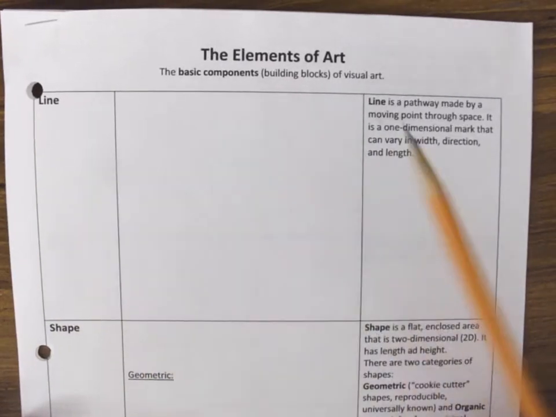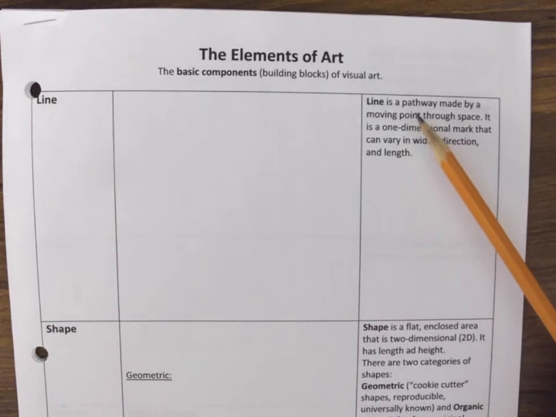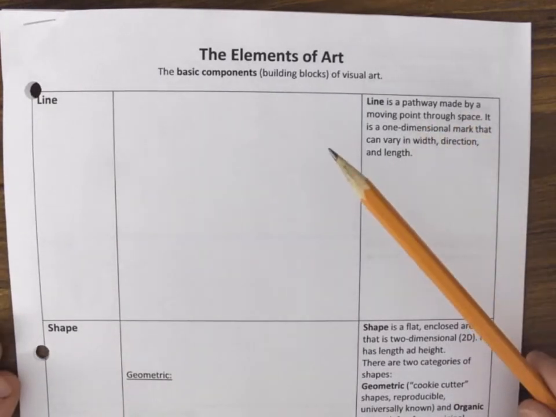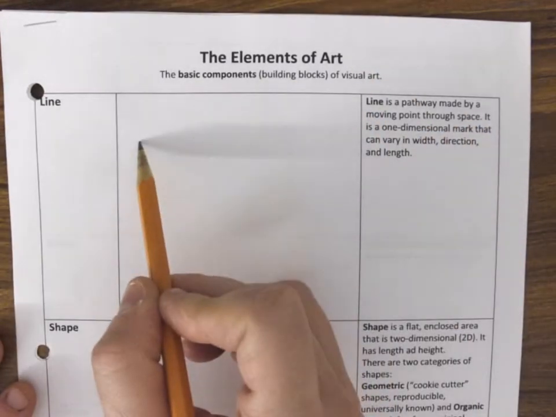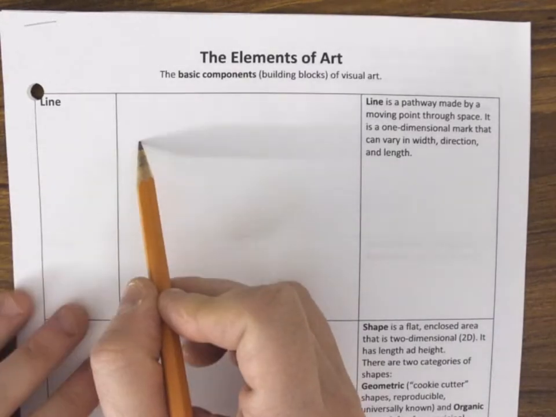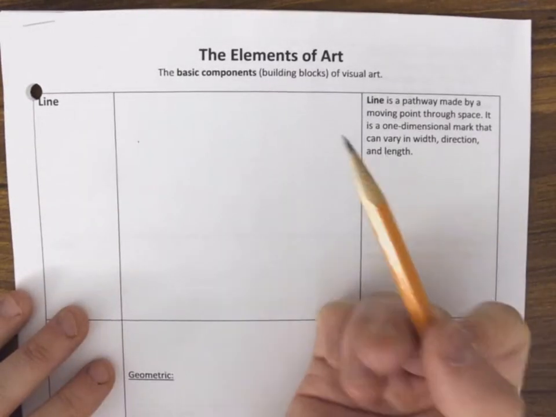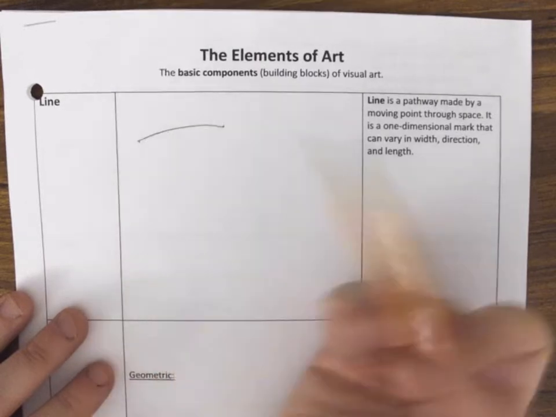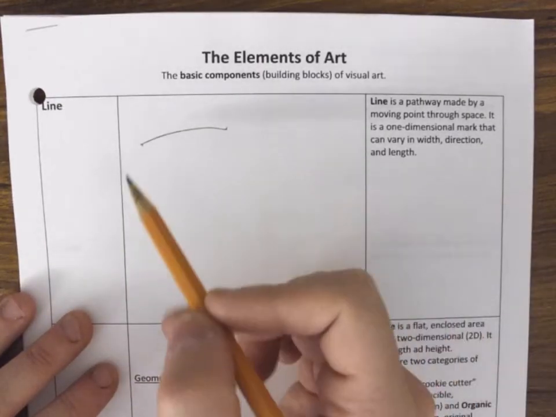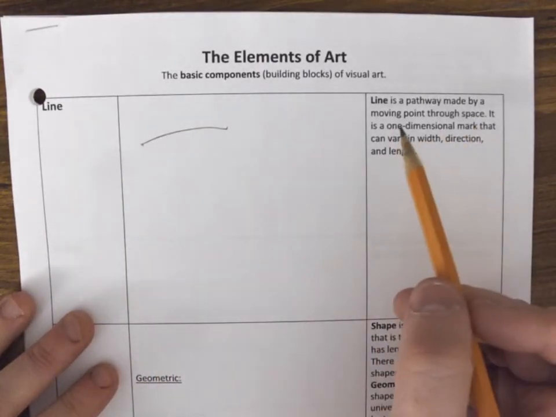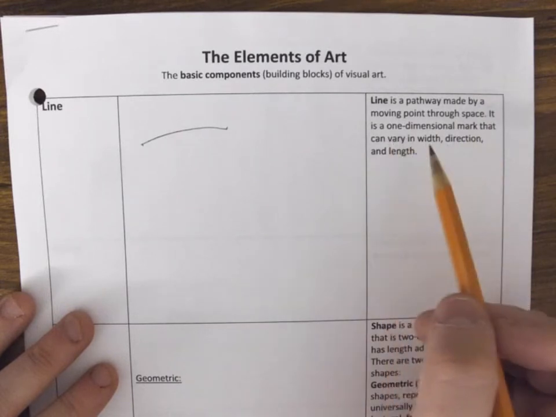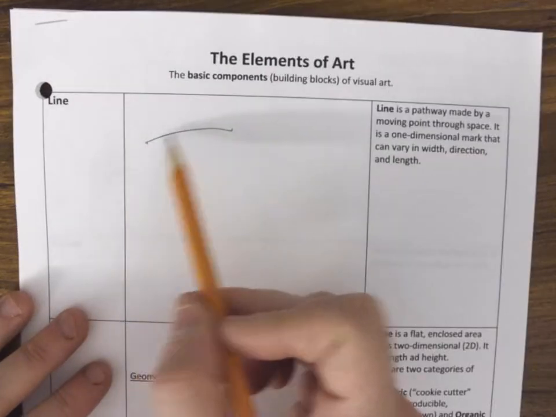So one of them is line, and line is defined as a pathway that's made by a moving point through space. So it's when you make a point with something, for instance, we're doing it with a pencil, right? And if I make a point, it's not a line, but once that point moves through space, it becomes a line. And a line, okay, it's a one-dimensional mark that can vary in width, meaning this line could be this size,